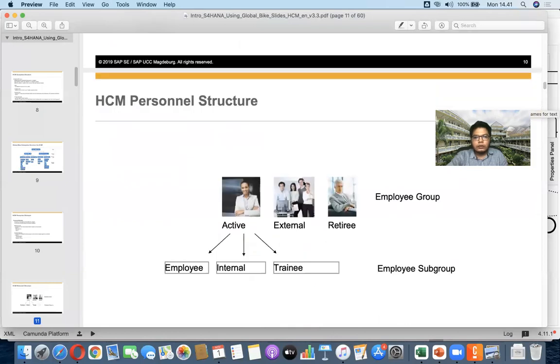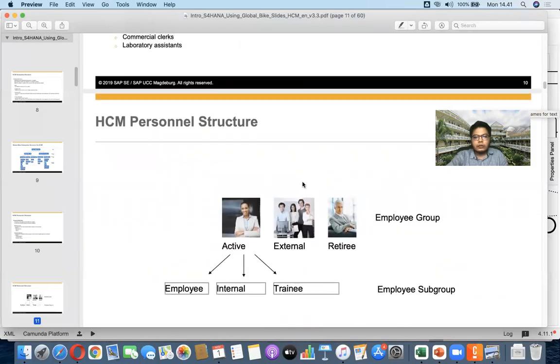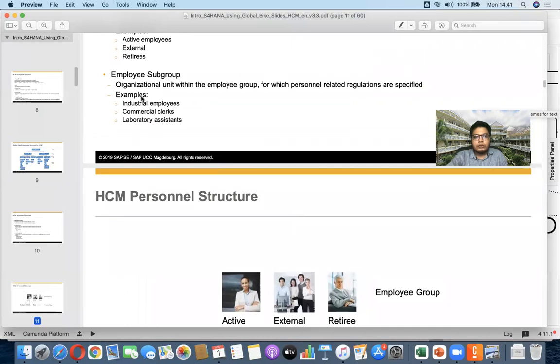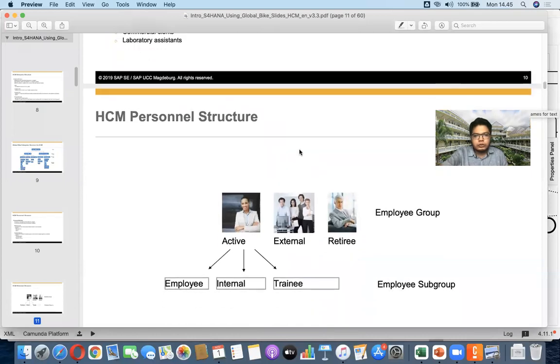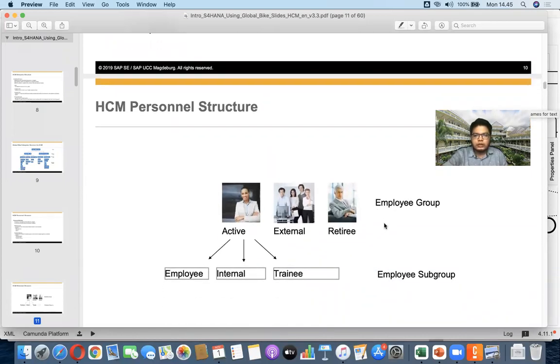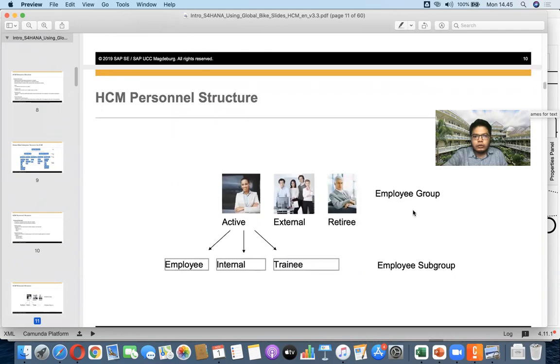While the subgroup is within the employee group, as you can see here, there is a clearer explanation. For the employee group, usually we separate them like this.